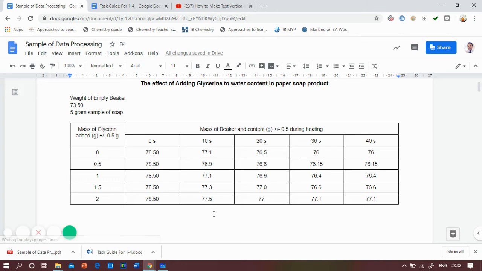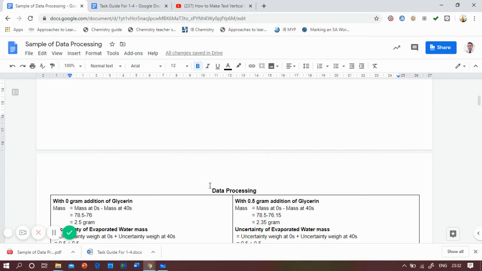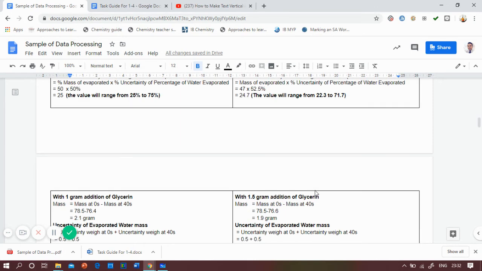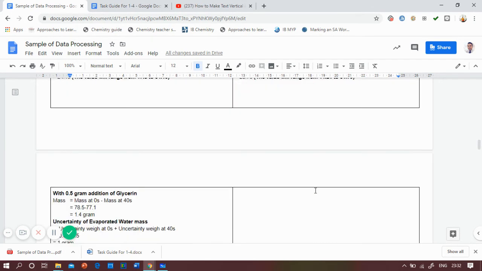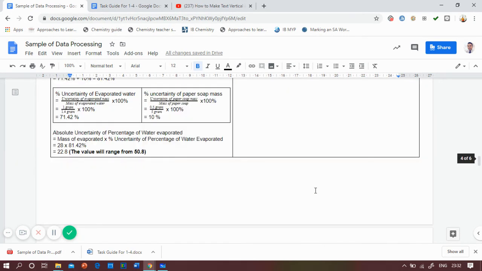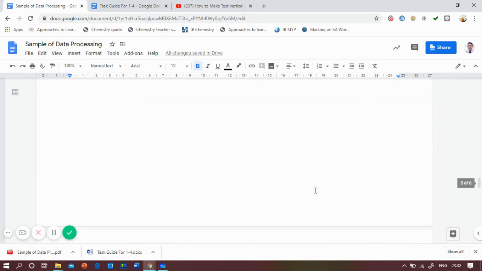So this is the raw data. From there, I go to data processing. I will explain this later in a separate video, but I'm just going to show you the graph. I know it's going to look complicated.